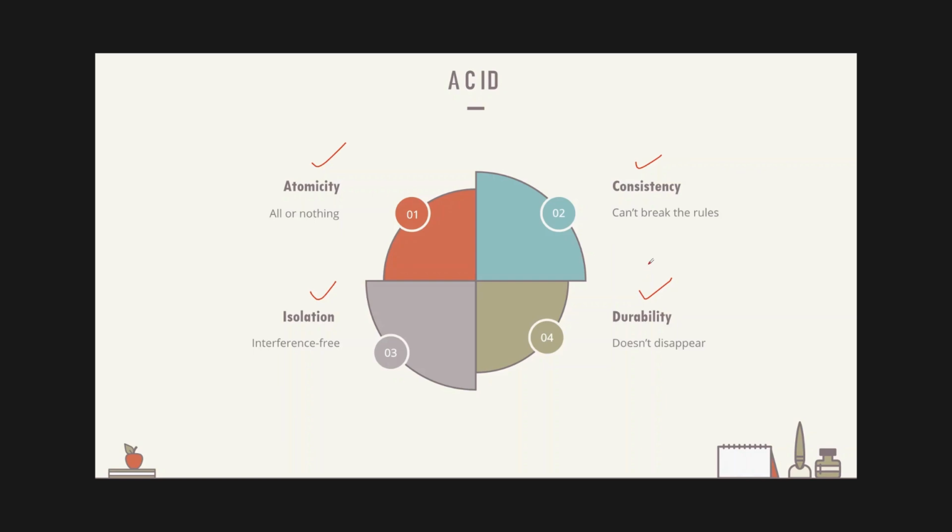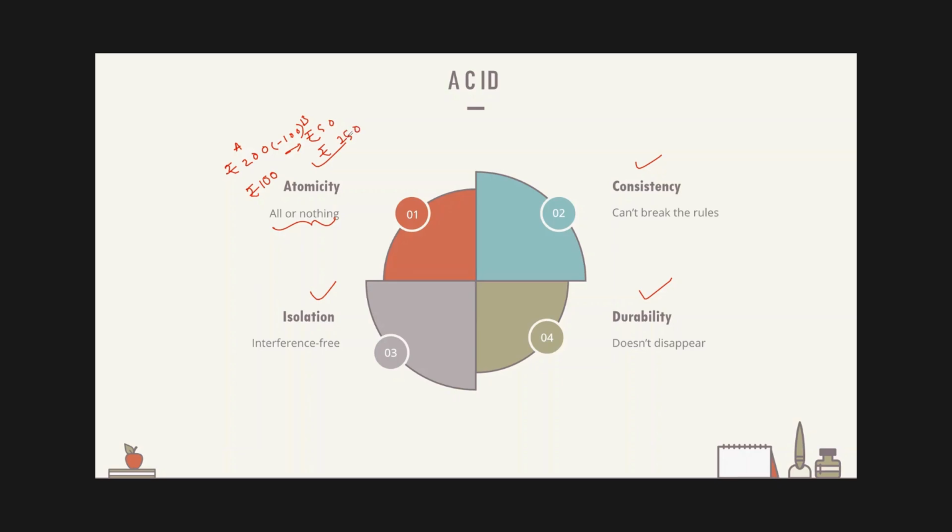Let's say you have a salary account and a savings account, where rupees 200 is there in your salary account and rupees 50 is there in your savings account. Atomicity basically means all or nothing. Now, you decide to transfer rupees 100 from account A to account B, that is, from the salary account to the savings account. So after the transaction, account A should have rupees 100,